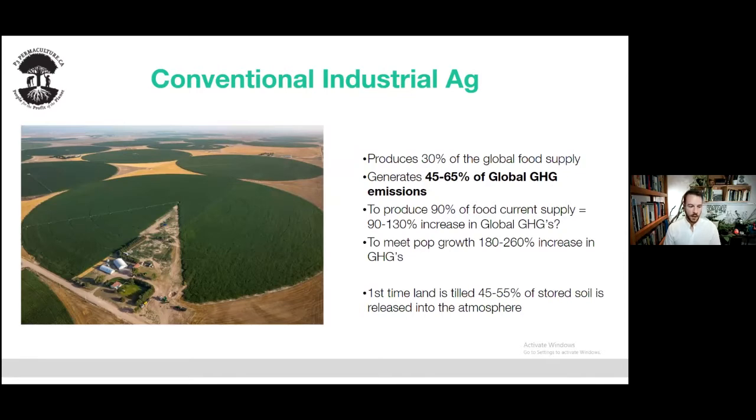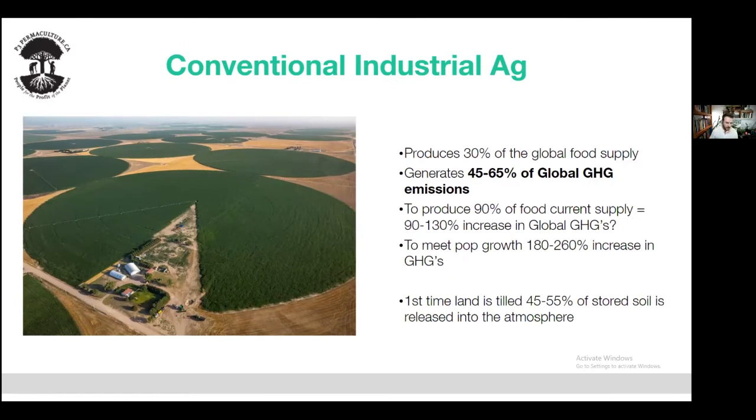Most of us, and if we were in Google Meet, I would ask you to drop me a thumbs up. But if you thought that the industrial agriculture complex produced the majority of our food, most of you would be in agreement, right? This is what we tend to learn in agriculture, what we tend to learn in university, and our media talks about as well, that these big industrial food complexes are what feed the world. When reality is that they only produce 30% of the world's food supply, and actually that number was updated just,